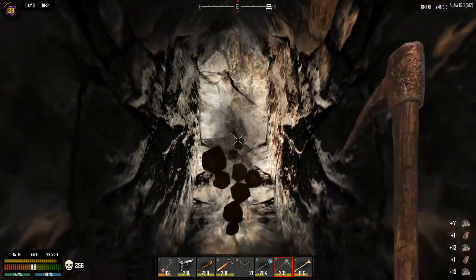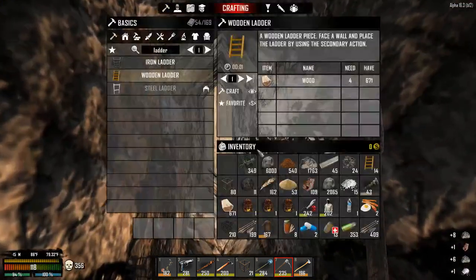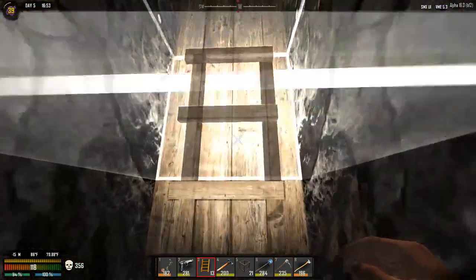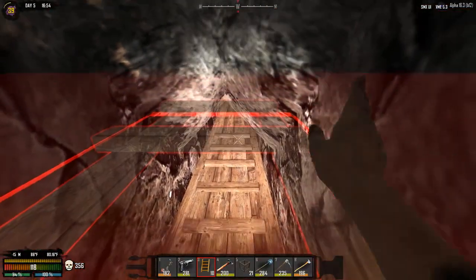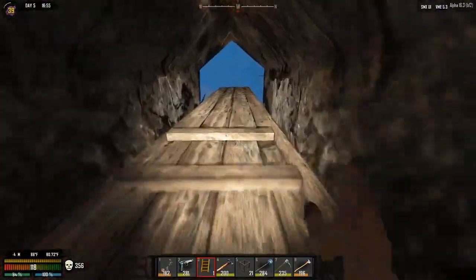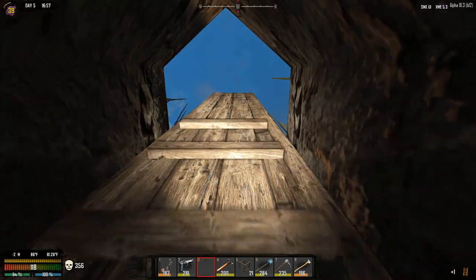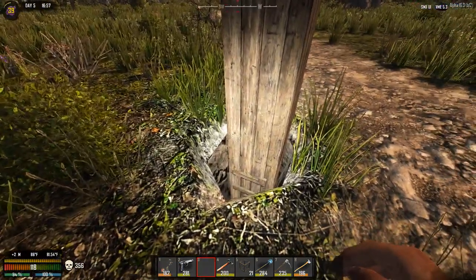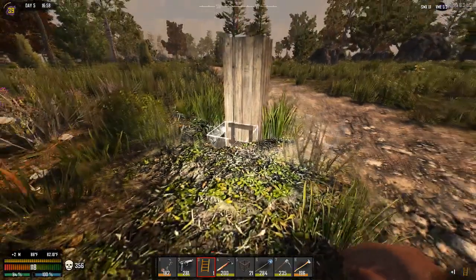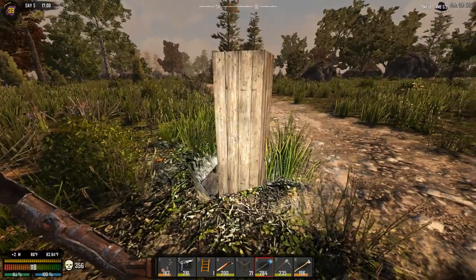We're going to end up digging one more block out underneath this once we come back. You know what I do want to do? I'm going to go ahead and put our ladders up. And we need another ladder. Let's make one more. You know what? No, we're not going to make another one. But what we are going to do